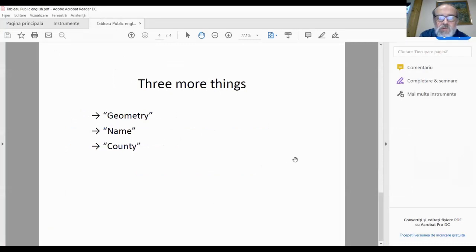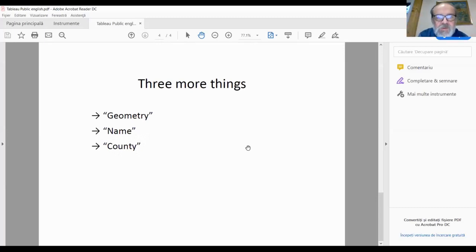So to make the map, we click on sheet 1, and in this menu, what we need to do is to choose these 3 elements: geometry, name, and county. So the last 2, name and county. The name would be the name of the locality or the comuna, the administrative unit, and county would be the larger administrative unit.